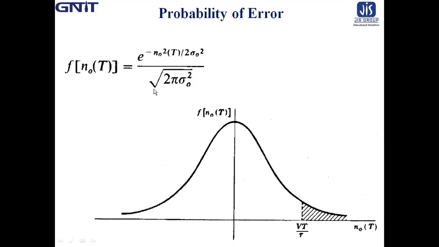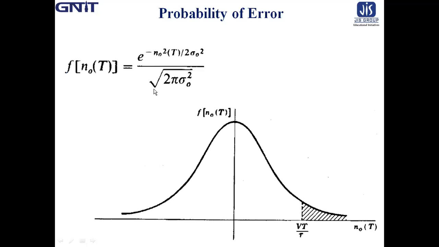The function of a receiver of a data transmission is to distinguish the bit 1 from the bit 0 in the presence of noise. We now calculate the probability of error, P suffix E, for the integrator and dump circuit.